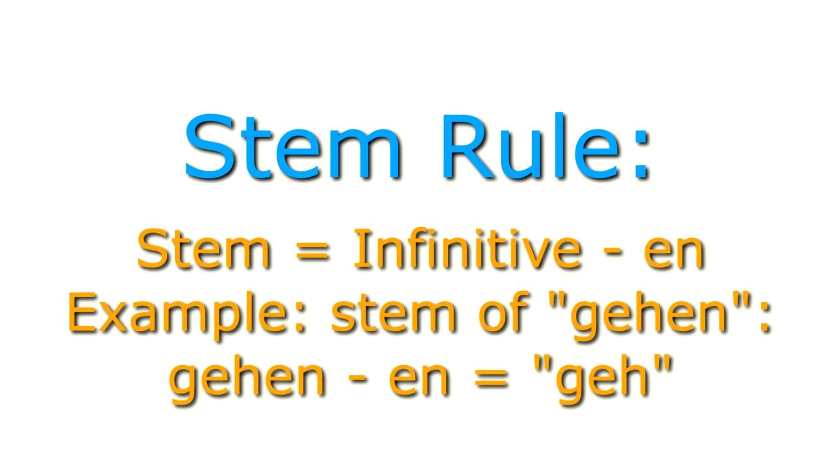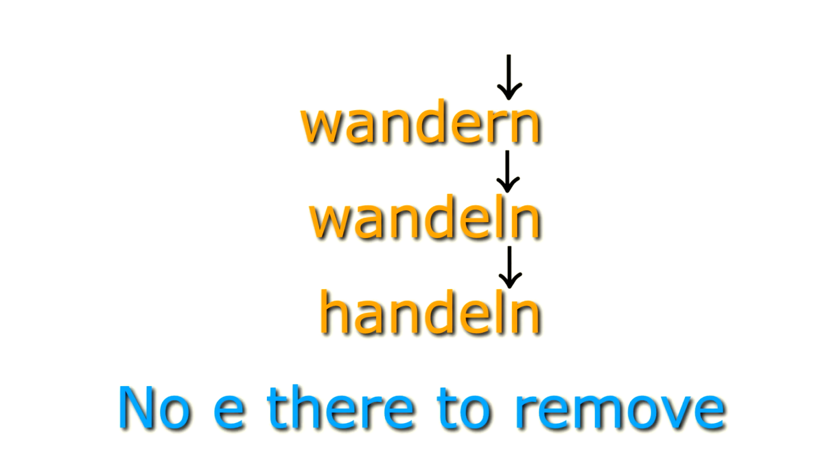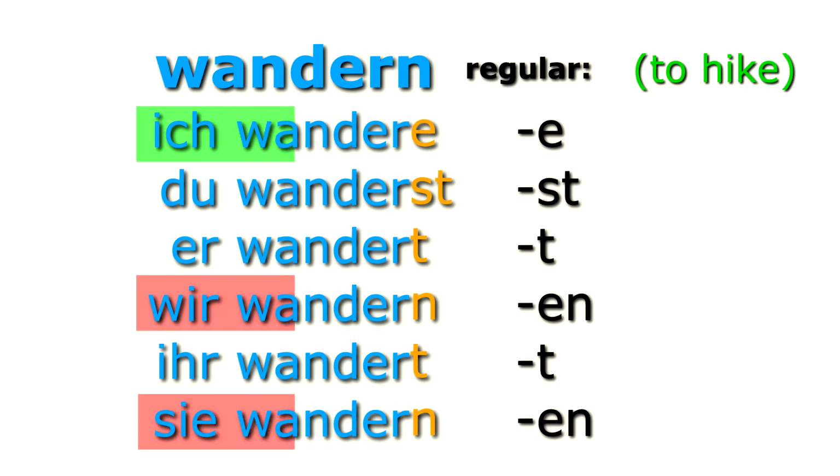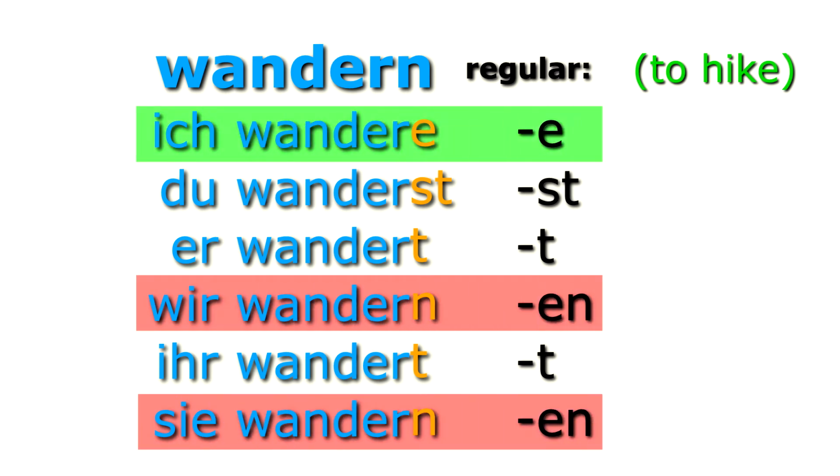As a reminder, to get the stem, we remove the ending letters e and n from the infinitive of the verb. However, there are a few verbs that end in ern or eln. In these cases, just remove the n to reveal the stem. If you think about it, this makes sense, because you can't remove an e that isn't there to begin with. This missing e is also reflected in the following conjugation, where it is not added back except for the first